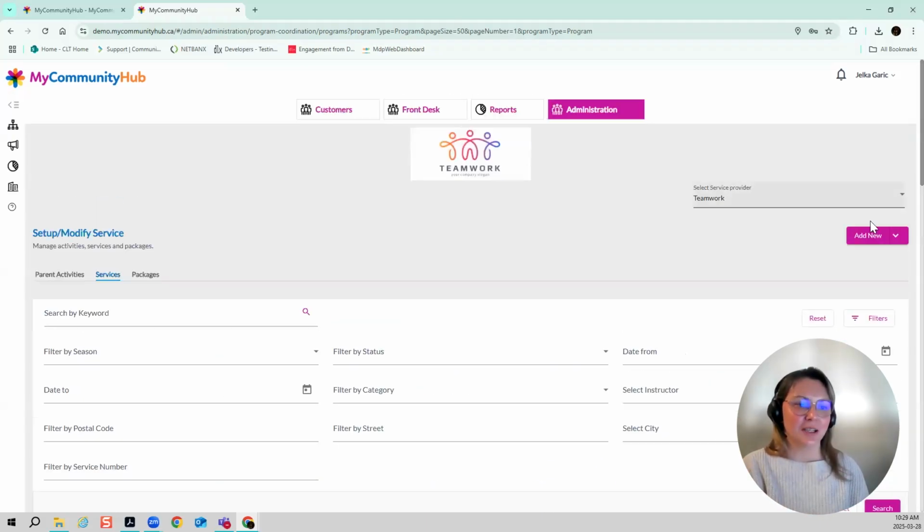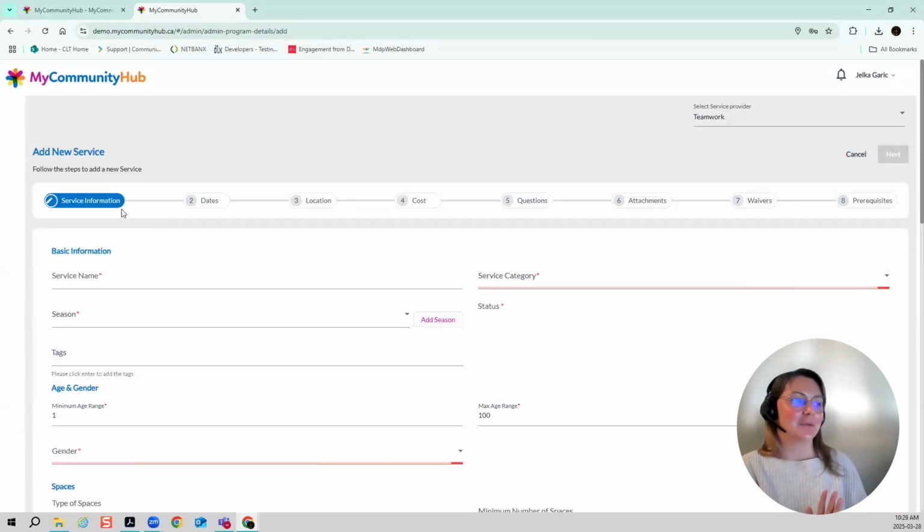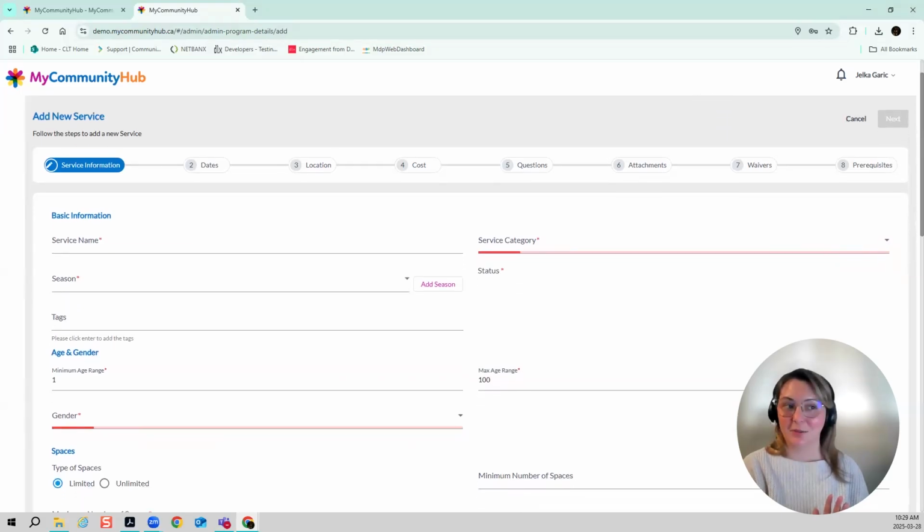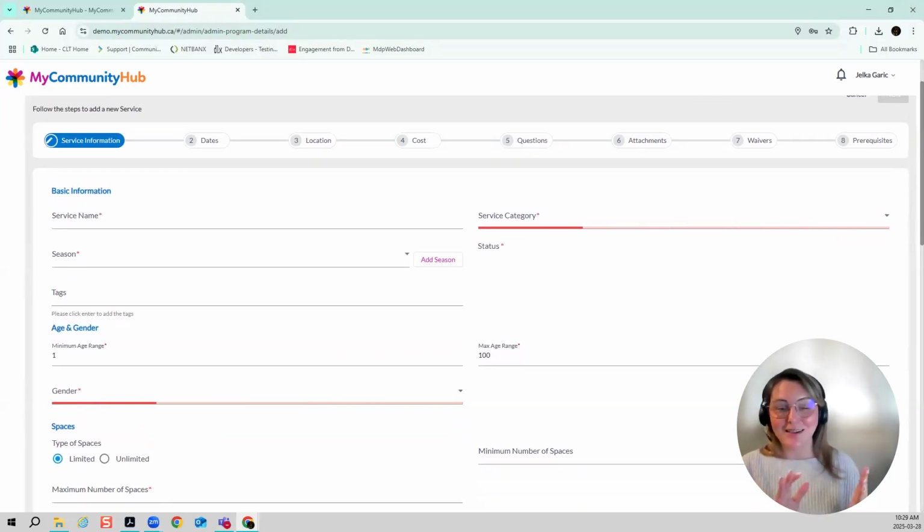I'll go into creating a program just very quickly, just so that we can see what that looks like. This is kind of the whole section here. It looks very robust and very big. I promise you it's not. It shouldn't take more than about 10 to 15 minutes to get through at the very beginning. Once you kind of get used to it, it only takes a few minutes at a time. But you have all the information here. The reason it looks so big is because every section is kind of on its own, just so we know that that's what we're focusing on.